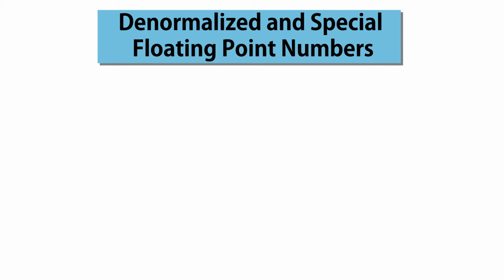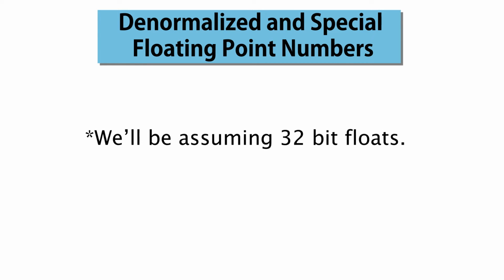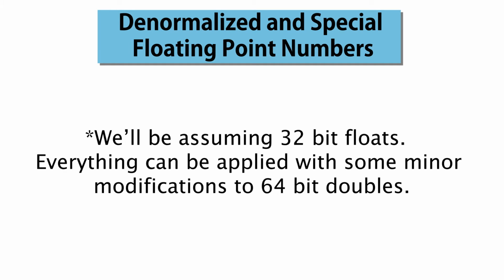In this video, I'm going to explain how denormalized and special value floating point numbers are represented. I'll assume that you're already somewhat familiar with normalized floating point numbers and their representations. We have a separate video on that topic, but we'll review it very briefly here. For this video, we'll be assuming 32-bit floats, but everything we say can be applied with some minor modifications to